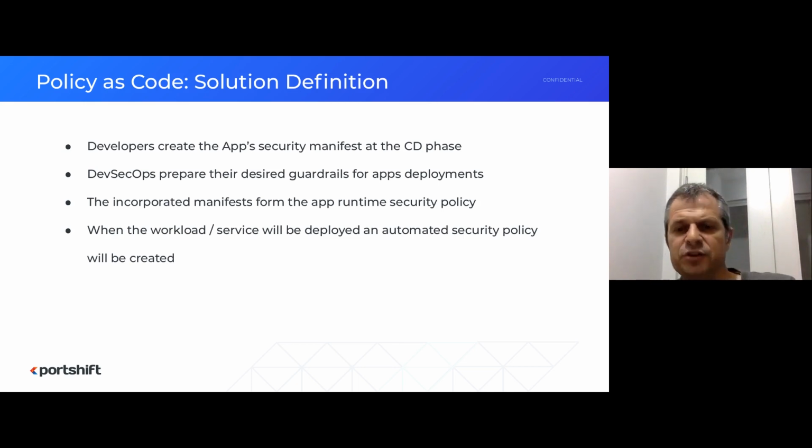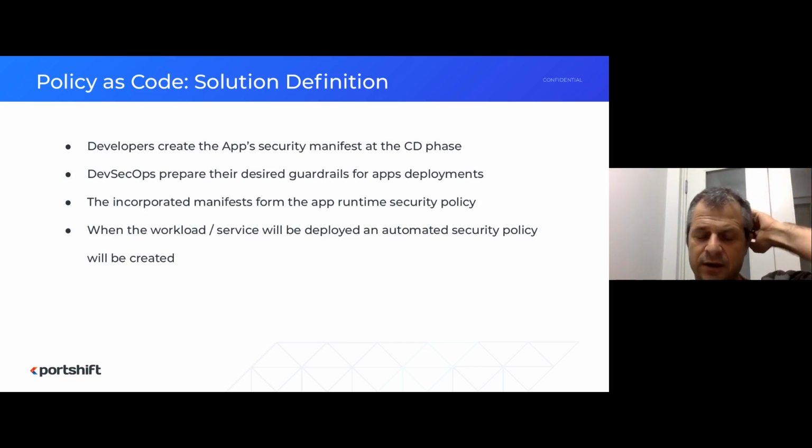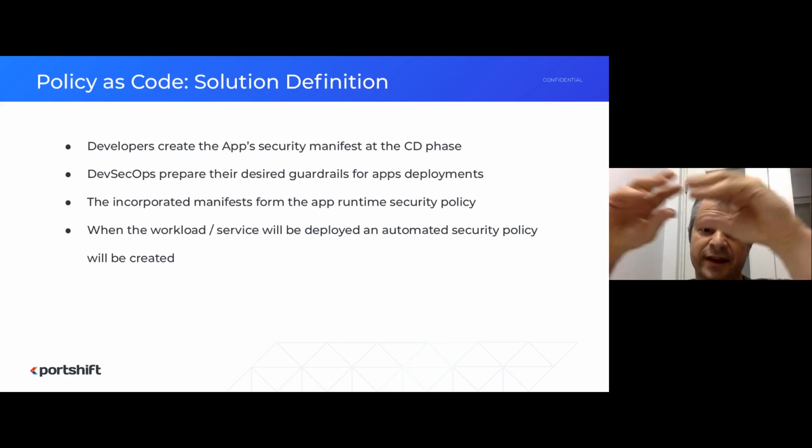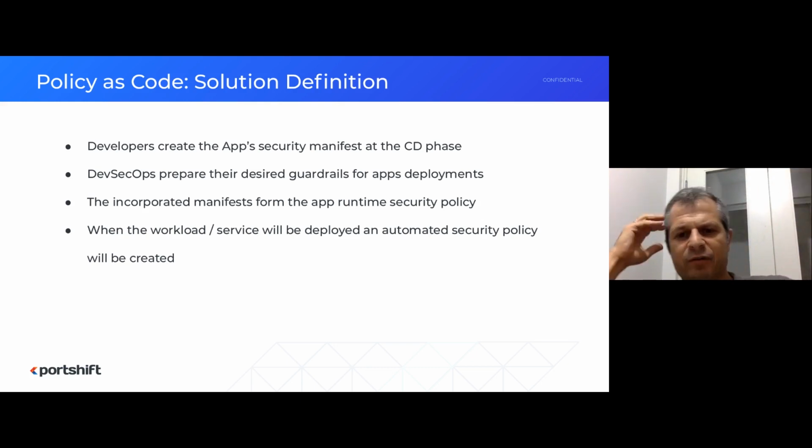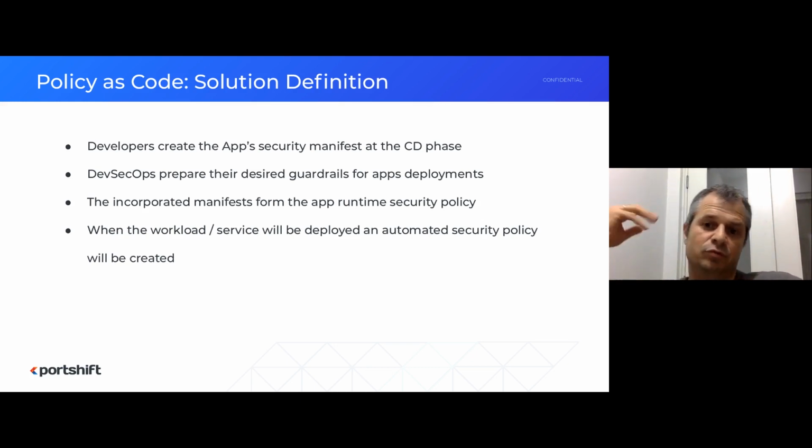So the goal, the vision that we in PortShift see in this space is, of course, let developers create the app security manifest in the deployment, in the continuous delivery phase, when they start planning the deployment, creating a deployment manifest. Okay, allow the DevSecOps team to create guardrails, which of course will be added to those deployments, will be governing those deployments and maybe supersede or have the ability to change and modify, and then incorporate those manifests,